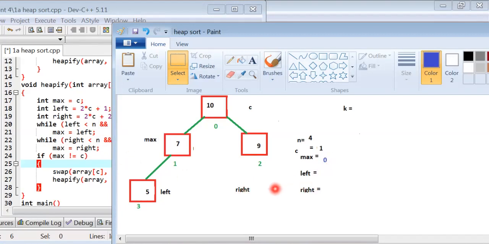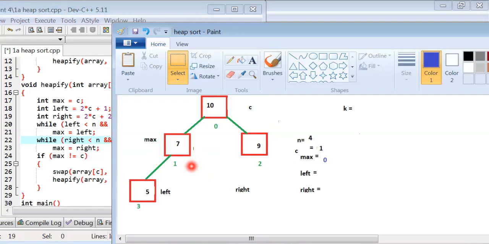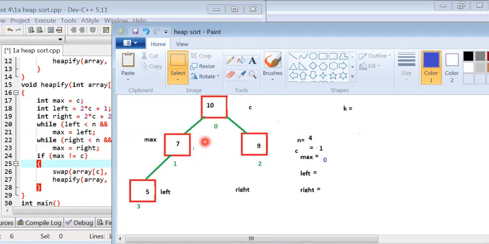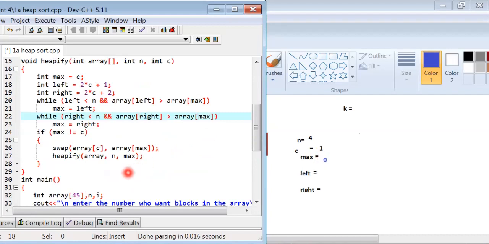Then right value is less than n, the condition is false. The value of right is 4 because 1 into 2, 2 into plus 2, 4, the condition is false. Then max not equal to c, sorry, the value of c is 0 because max value is c. The value of max is 0 and the value of c is 0.